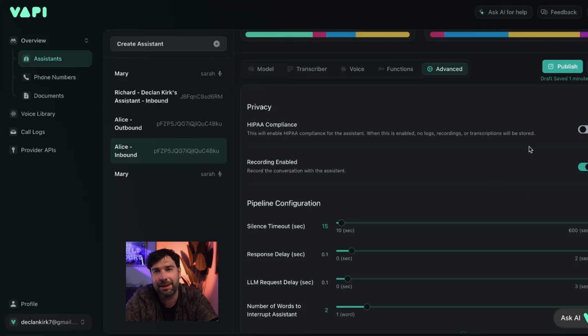I like to keep that one on because it helps me track and monitor the performance. But again, it's up to you whether you save it or not. I think, obviously, if you are recording, you're supposed to declare that. But again, it all depends on your own specific territory and the rules in your area as to whether you need to do that or not. So obviously be conscious of that. But I think that's a really good option to have on.